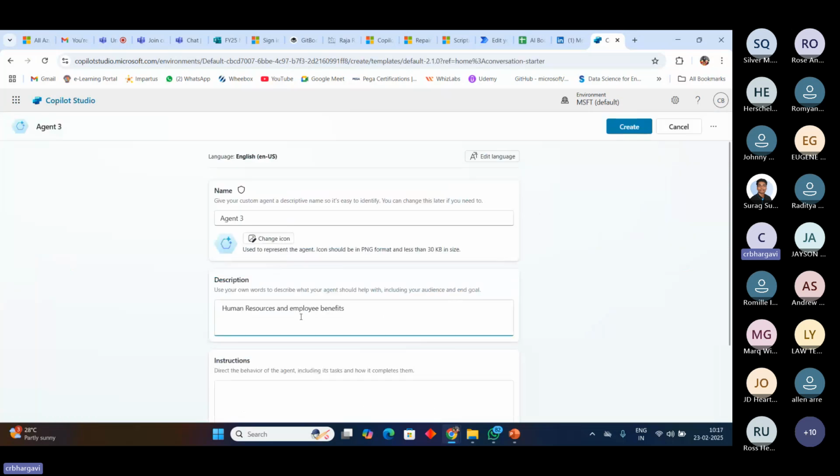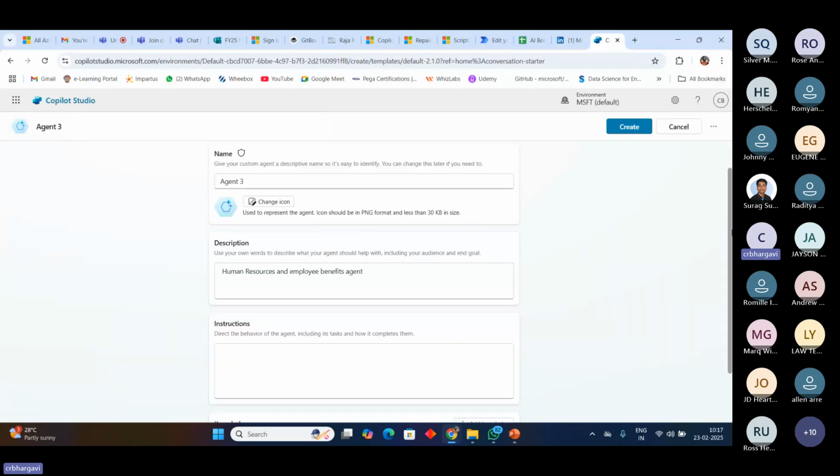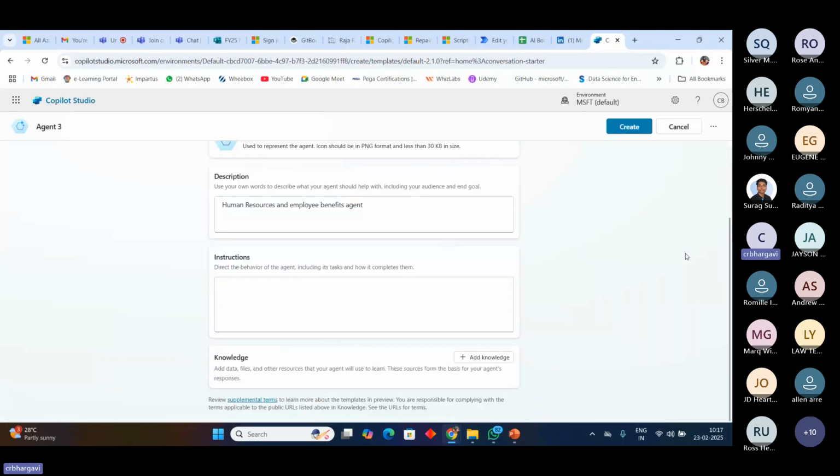So it should act as something related to employee benefits and human resources as well. You would be giving it here as the agent description. When your description is in a good format, more descriptive, then obviously your agent would be working in a very good way. And then instruction is something like what you want to precisely do, and you would be giving it in the instruction. Say in case,